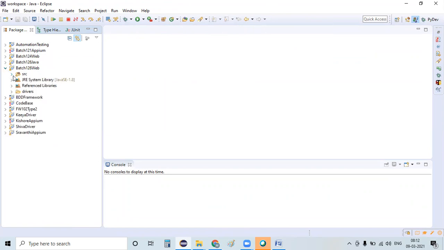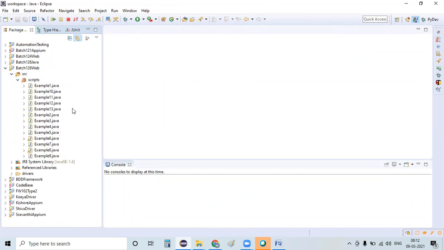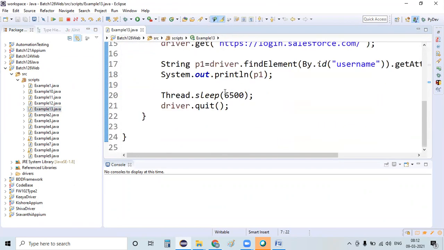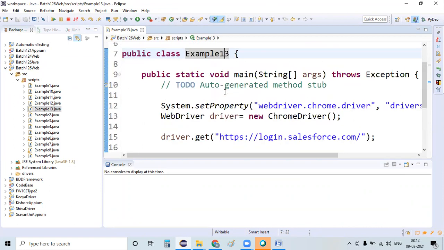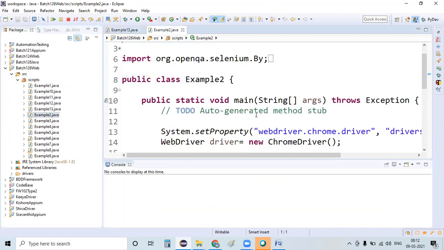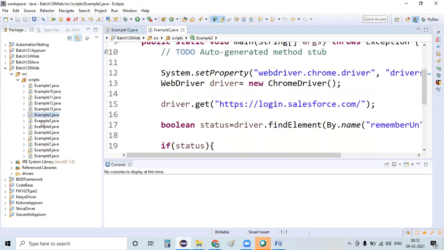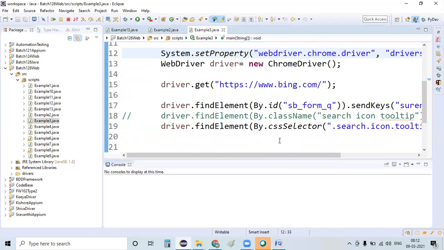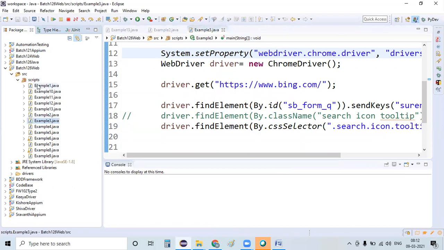Batch 126 web, and where is this bing.com? Okay, let me see this. I guess this is the program where we have created this. Yeah, so copy this program, paste it again,